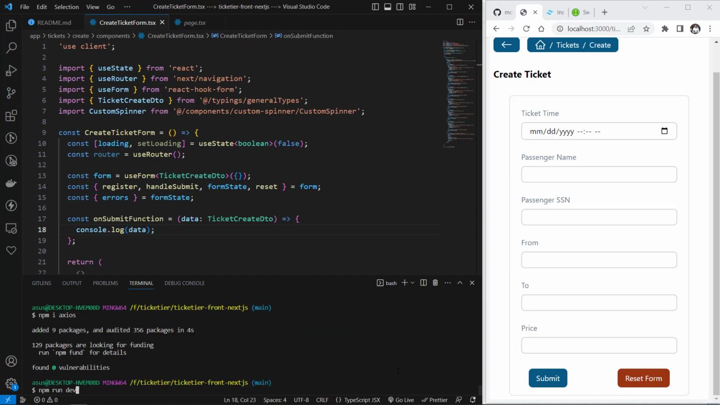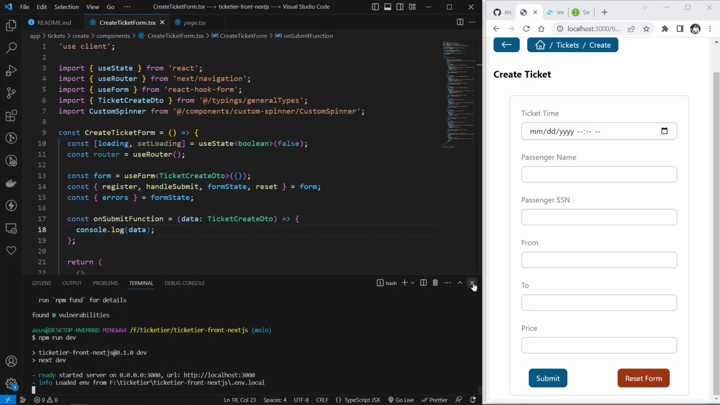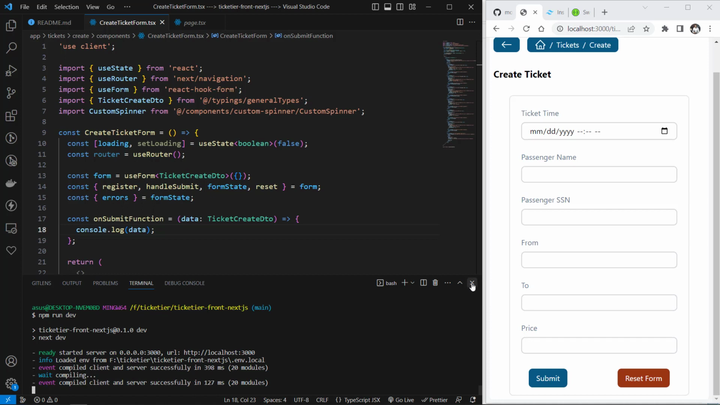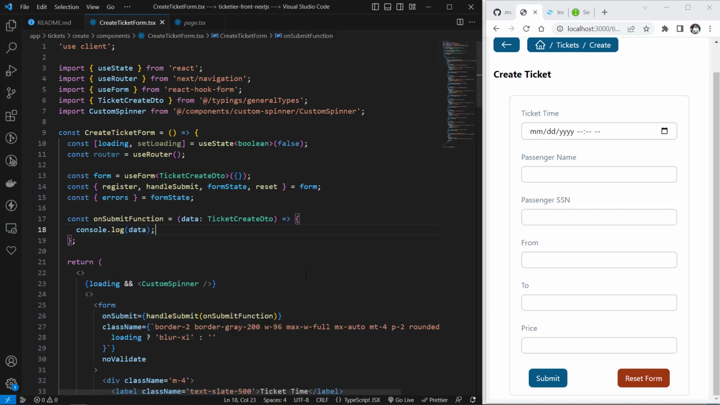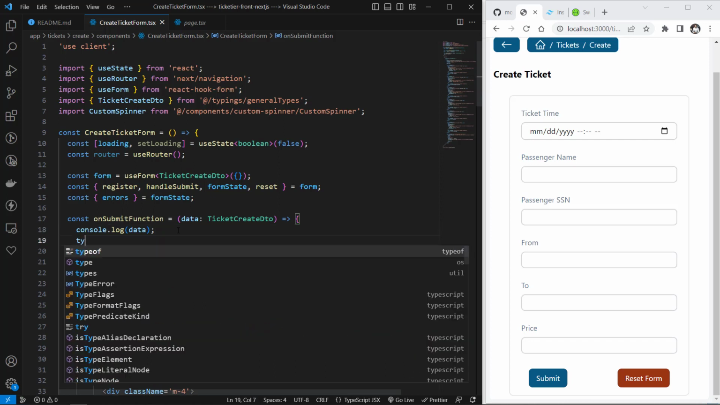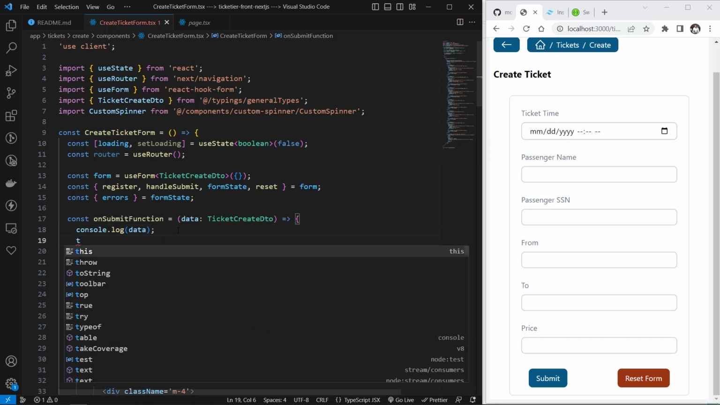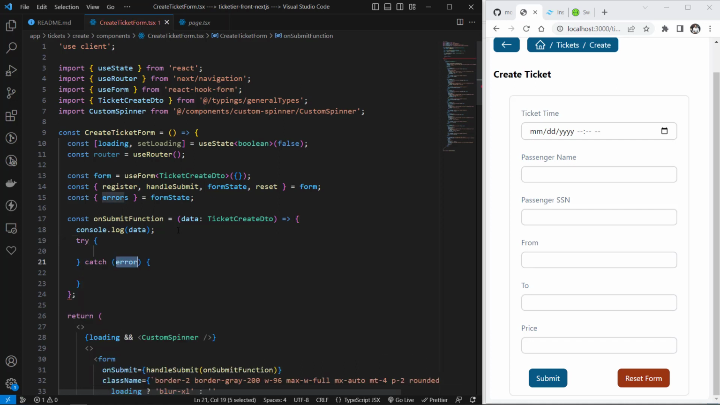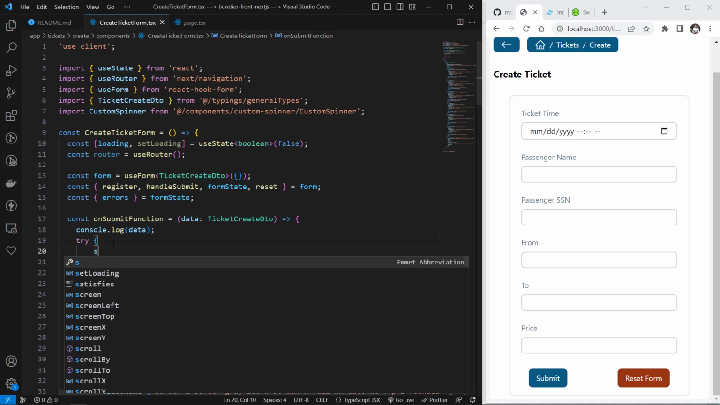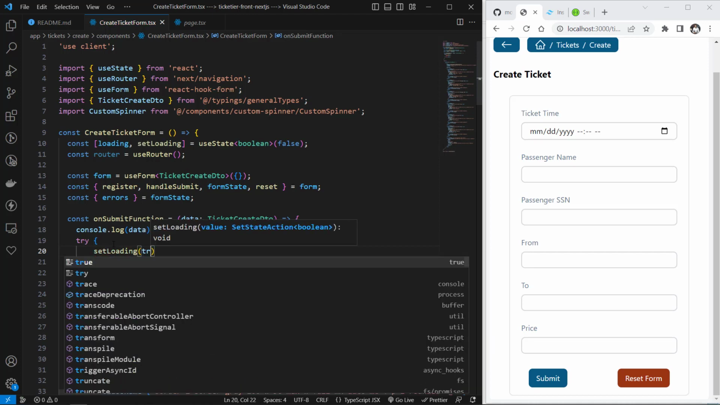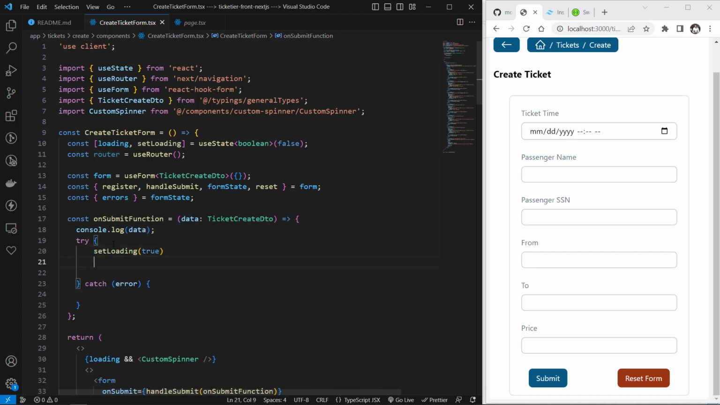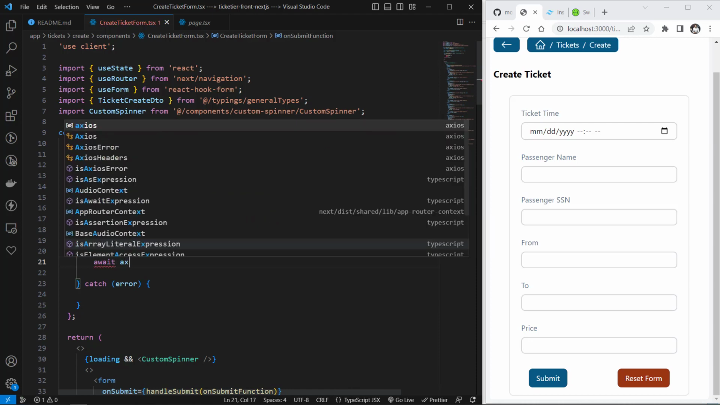Good, npm run dev. I think for post, delete, patch and put, Axios is better. Also, you can use fetch, there is no problem. So I have console.log data. After that, I can use a try catch in order to handle everything. So in try, we can set the loading to true. That's it. Then we need to await the